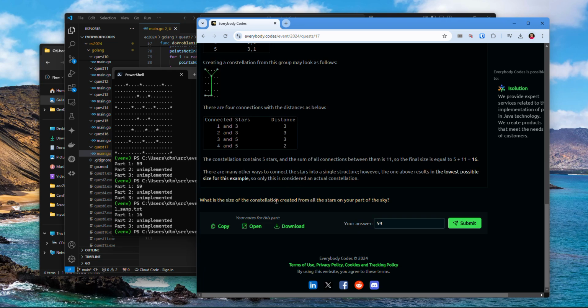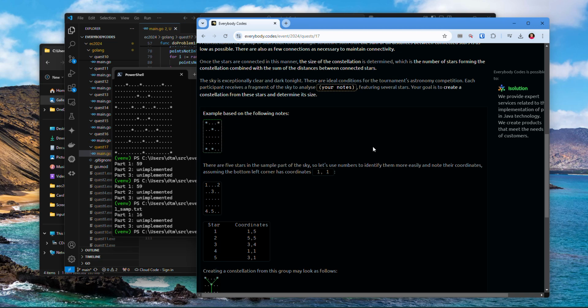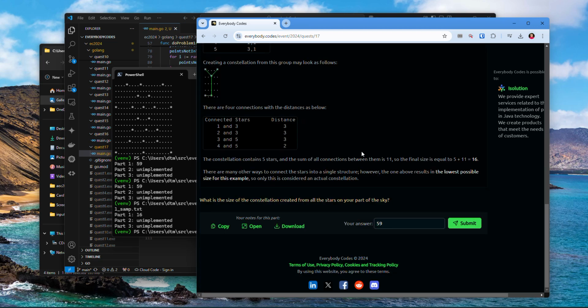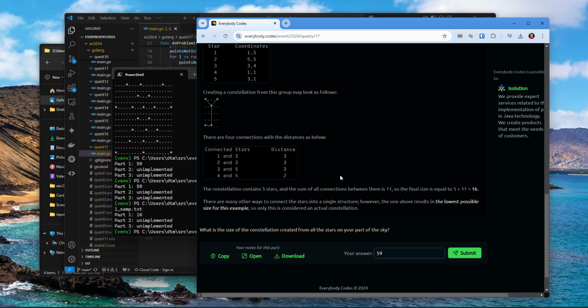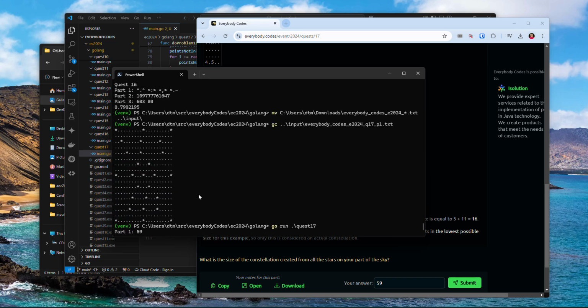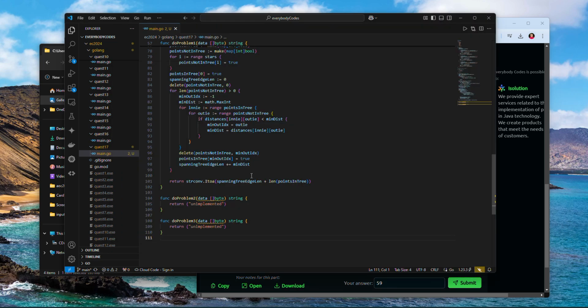What is the size of the constellation created from all the stars in your part of the sky? Okay, so it says 59. And the thing is saying that that is incorrect. Which is weird because I'm pretty sure